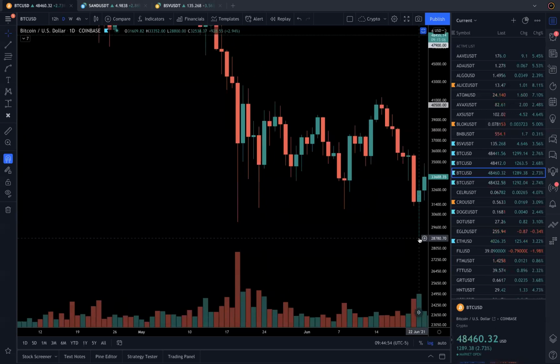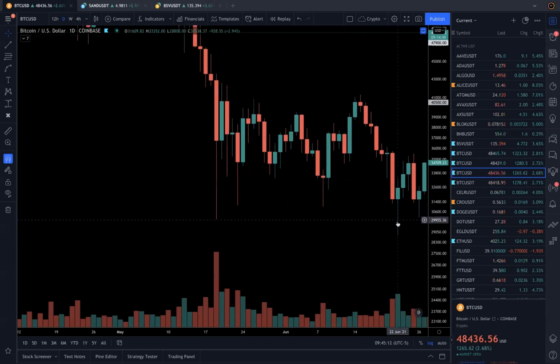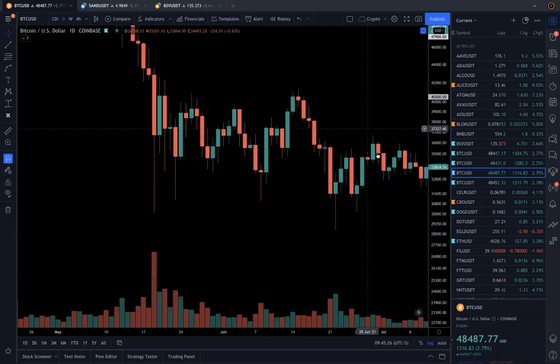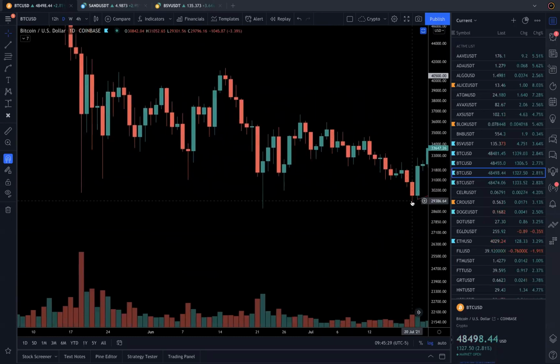So this is a penetration I was talking about. If I draw a zone, this is my boundary, you can say it has broken. Yes, it's broken, but it didn't close. The day didn't close below it. It's just a penetration, right? So it's intraday broken, but not end of day. That's how it is described. But from a low point of view, yes, this is a new low. And then when it went up, not high enough, and then this low was higher. Of course, this low was a bit lower than this, as you could see, but higher.